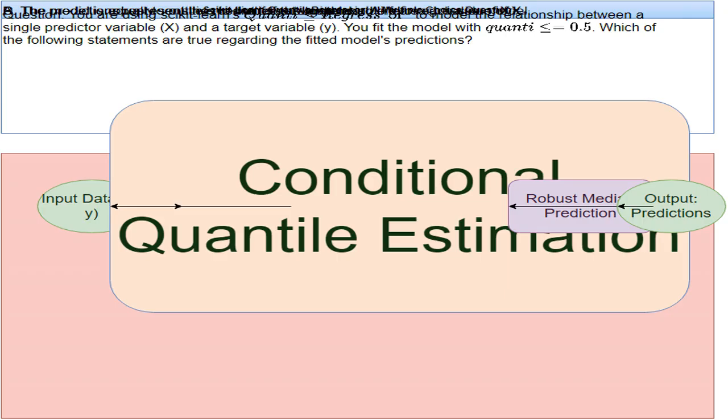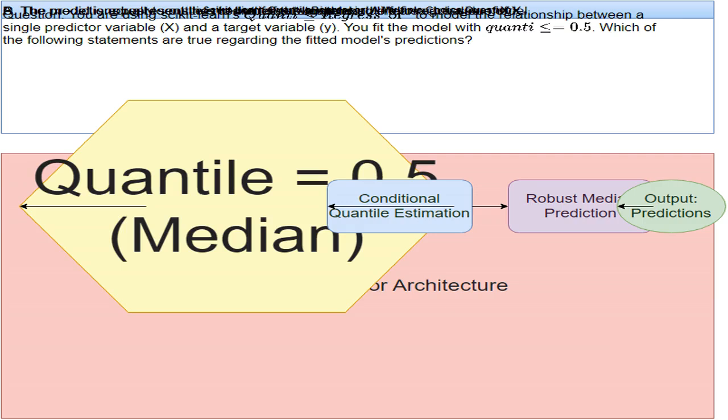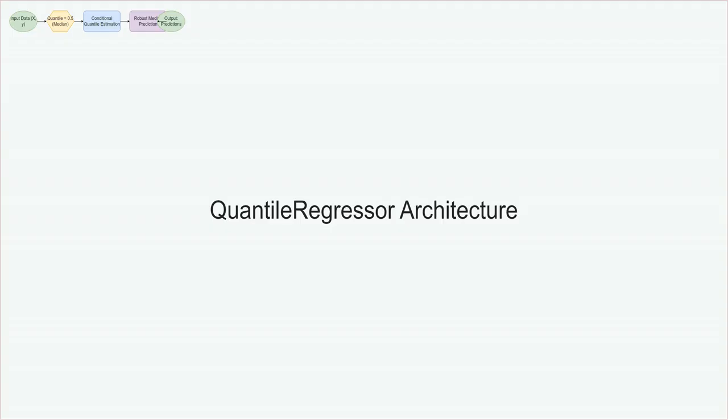This shows what the model ultimately provides: predictions based on the input data and the chosen quantile. This is the result of the model's analysis. This highlights a key characteristic: the model's predictions are robust to outliers. We will explore how this robustness is achieved and if it is a defining feature of this type of regression. This is introducing the structure of the QuantileRegressor model, showing a simplified view of its internal workings. This is an important concept.